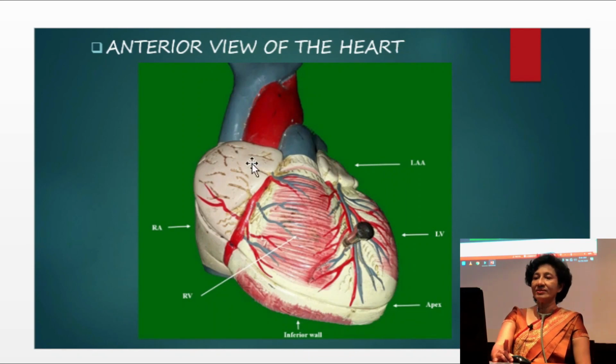If we dissect this heart, you will be able to learn the three-dimensional structure of the heart correctly. Let's first dissect the right atrium. If the right atrium is dissected, posteriorly you can see the interatrial septum. If the interatrial septum is also dissected, further posteriorly you can see the left atrium towards the spine.